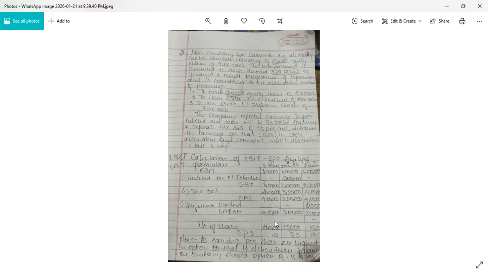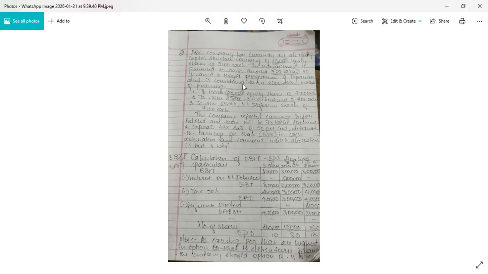How to calculate this number of shares? Very simple. First, we have to check, do we have existing equity shares in the problem? Here, ABC company is having existing 15,000 equity shares. So this existing equity share capital will come same as it is for all three options. The first option we will see existing equity share capital is 15,000. So in the first alternative we have to check 25,000 equity shares of rupees 100 each, which means in the first option entirely we have equity shares.